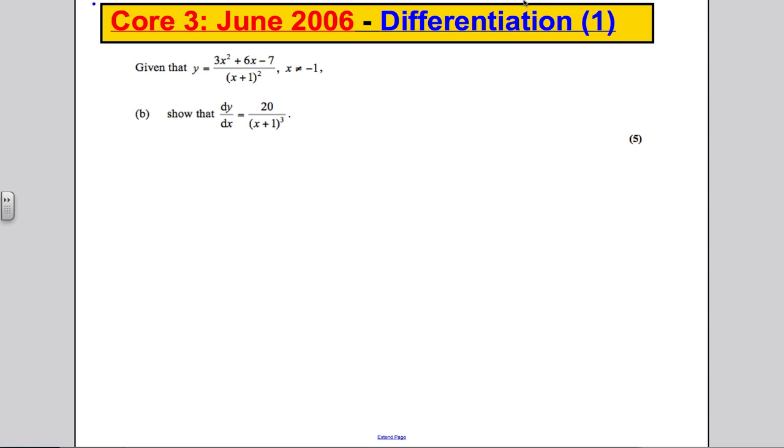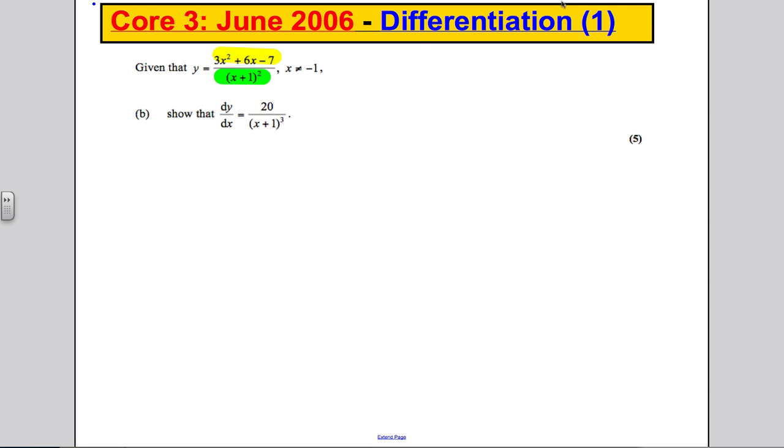Well, what we could do is probably try and factorise to start with. Just see if you could factorise 3x squared plus 6x, subtract 7. Just see if that could be factorised. Could it be factorised as 3x and something there? Well, the only things that times to 7 are 7 and 1, so there's nothing really that works there, so we can't factorise. So therefore, our only option now is to think of this as a u